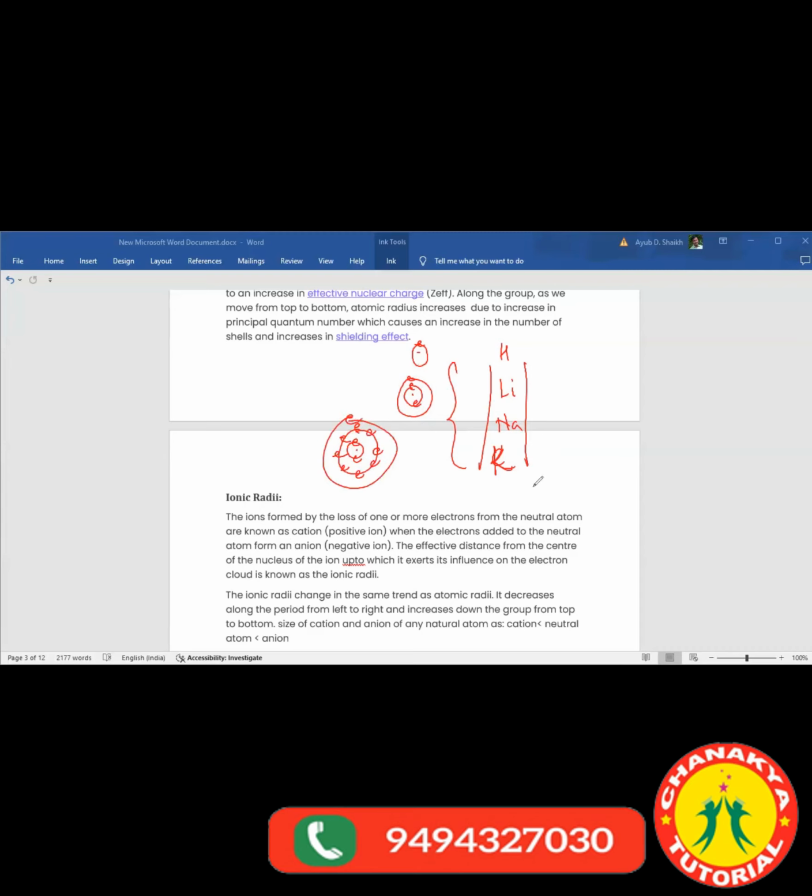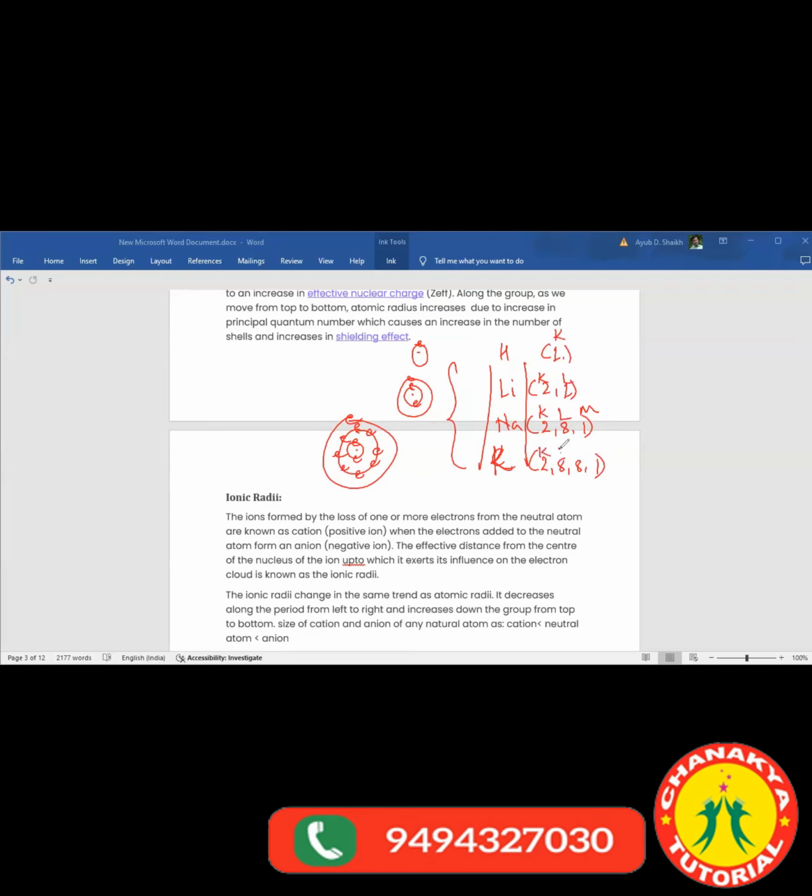And what about potassium? Potassium has two completely filled octet shells, and one electron in the next shell. That means there would be how many, 4 shells for potassium, isn't it? See, its electronic configuration would be what? For hydrogen 1, lithium 2,1, sodium 2,8,1, and potassium 2,8,8,1. So you will come to know the number of shells by this: K, KL,